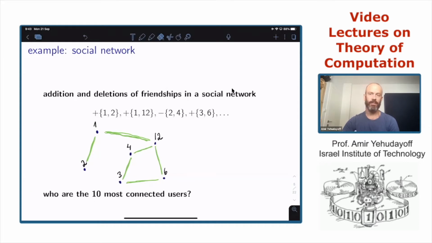And you can ask many questions about a social network. This is just one example. Okay, so these are the 3 examples. And now you have them in your mind, so you can think about these examples when we talk about the formal definitions.